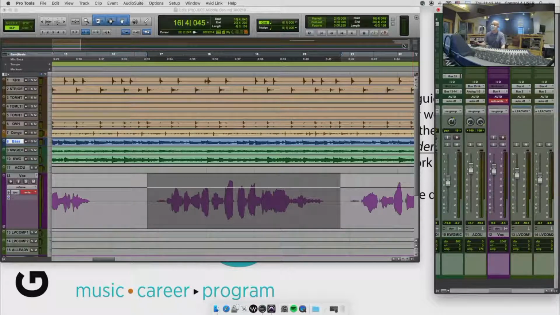What that means is that when I want to create automation, as soon as I hit play, it's going to record my automation. Now, this can be confusing. When you are recording automation, you record automation by hitting play. You never have to hit the record button to record automation. Normally, recording, we have to arm a track, and then we have to hit record up here. Turn off loop record real quick. There we go. Normally we arm the track, and then we hit record to record everything that's armed. Now it's just, if this box says you're going to write it, you're going to write it. And as soon as you hit play, it does it. So just know that. It's not about the record button. So now when I hit play,